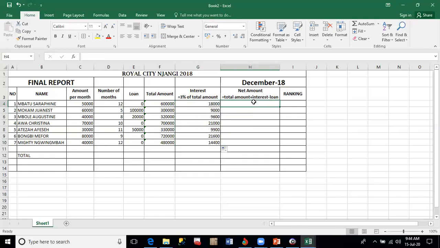That's all for that. Write the formula to calculate net amount in H4 and copy to the corresponding cells in H. Net amount equals total amount plus interest minus loan. Hit enter and we copy the formula. In column I here,